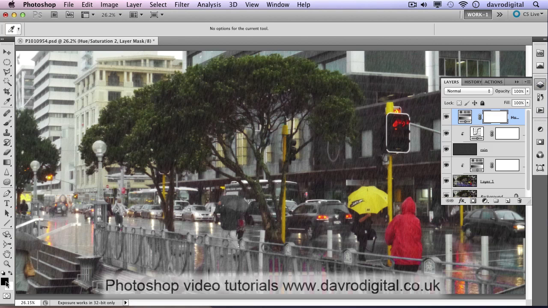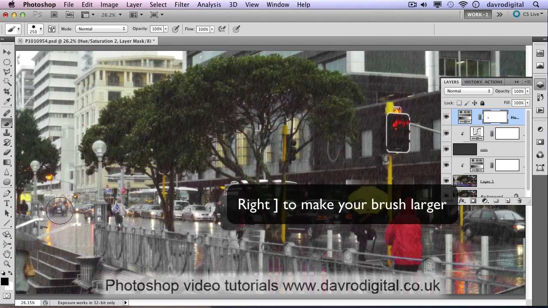So coming across, we've got black as a foreground color, which is just what we need. We're going to pick up the paintbrush. There's our paintbrush. I've got a very handy sort of small brush. So just make sure your brush is small enough. Going to make it a bit bigger by using the right hand square bracket. So that's the right hand square bracket, just coming over this area here, just to make sure I get all